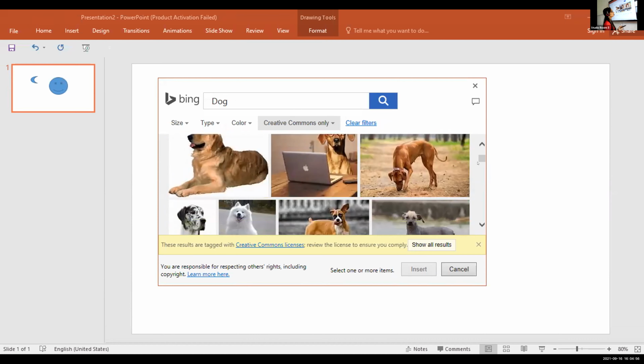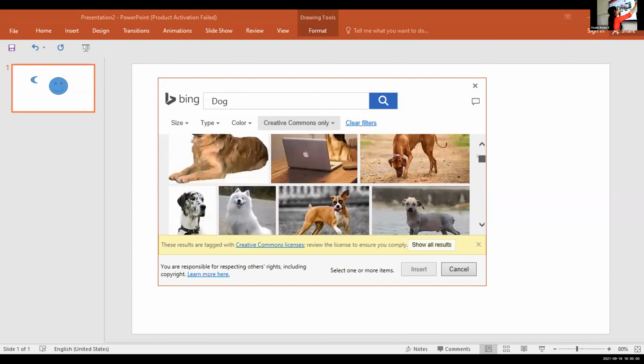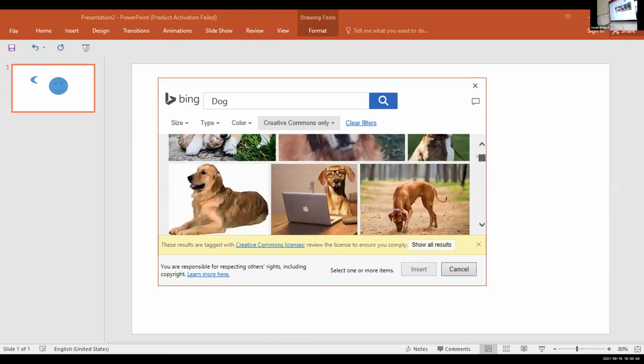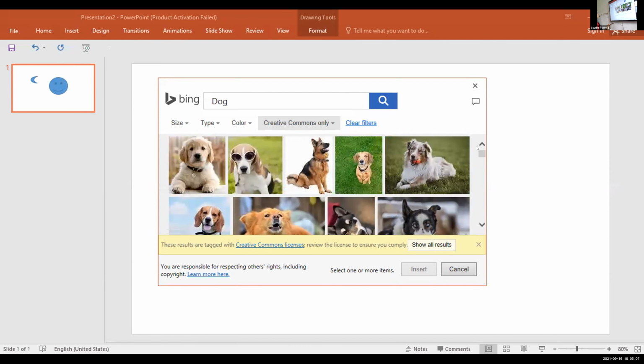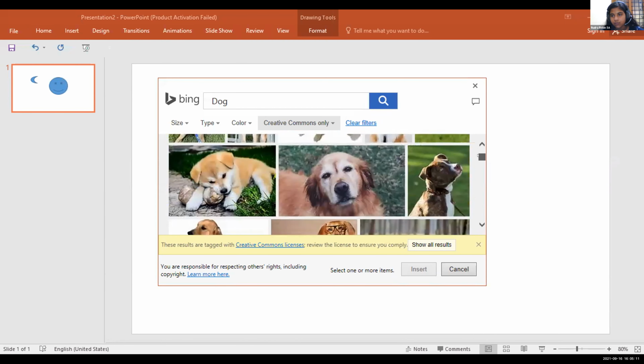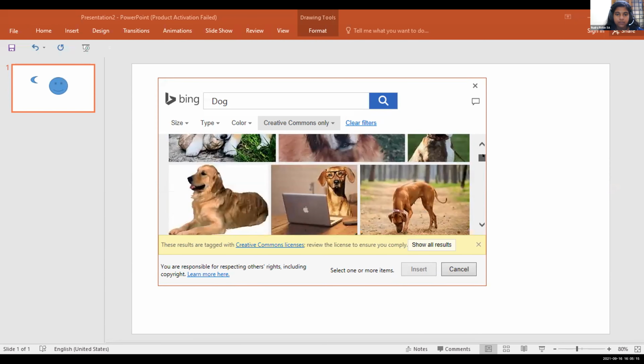Check your audio. Okay. Ojas and Manas, which one do you want? Yes, Rudra. A dog with laptop. Okay, select dog with laptop.